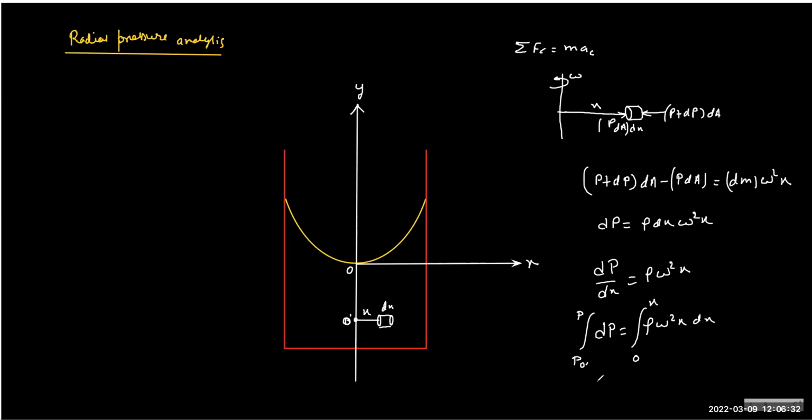So what we are getting is that P minus P O dash, along the radial we are taking the difference, is rho omega square x square by 2. And this is what I'm trying to explain, that as you move away from the axis, pressure will increase. By what value? So if you look at the increment part, P is P naught dash plus